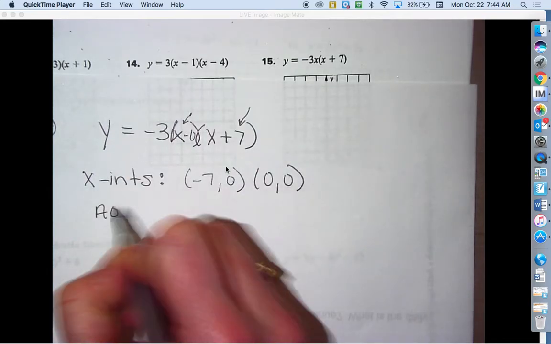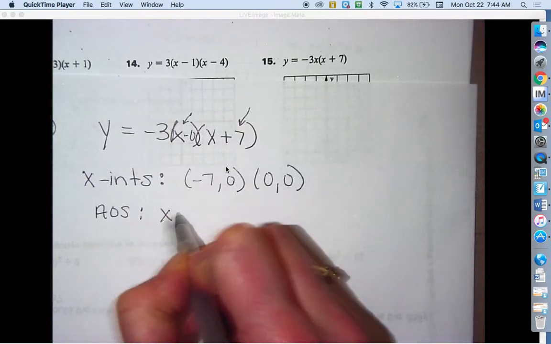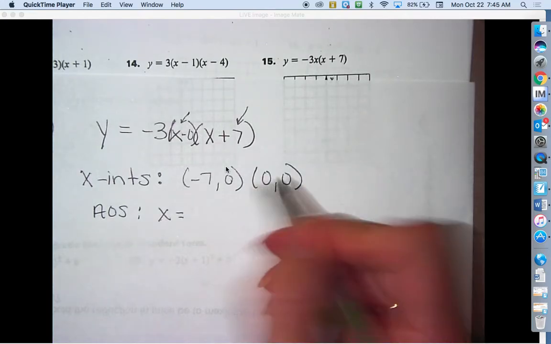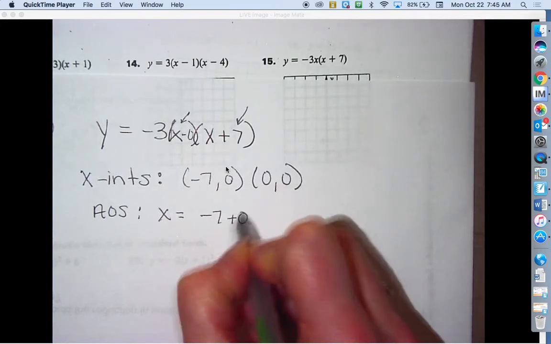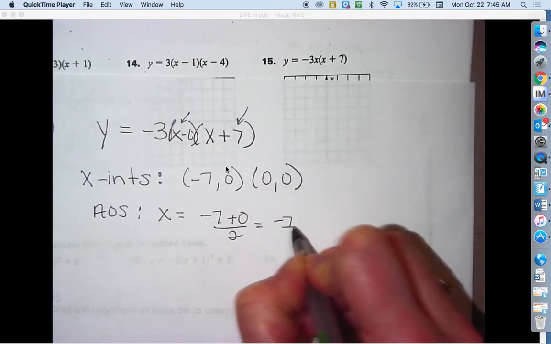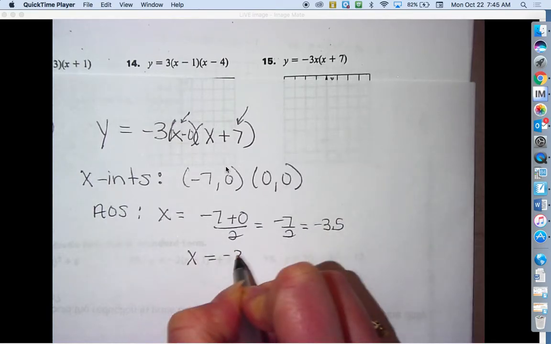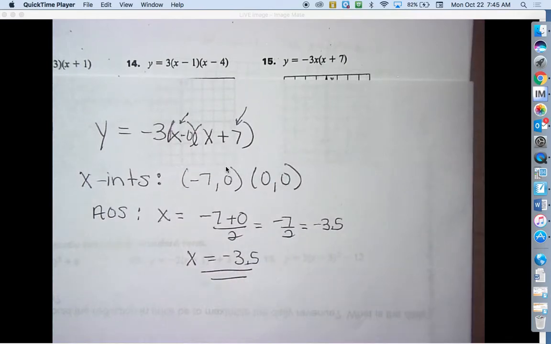The next thing we need to find is the axis of symmetry, which means you take those two x-intercepts and add them together. You divide by 2 because the axis of symmetry should be directly in the middle of them. So we have negative 7 plus 0 divided by 2 is negative 7/2, or you could say negative 3.5. Make sure you're keeping that as x equals. On your homework that I passed back, I probably have AOS x equals. It is a vertical line. A vertical line is in x equals form. That's what creates a vertical line. So make sure you have that as x